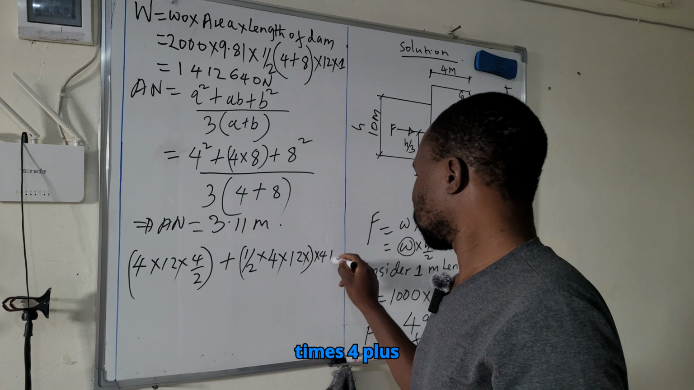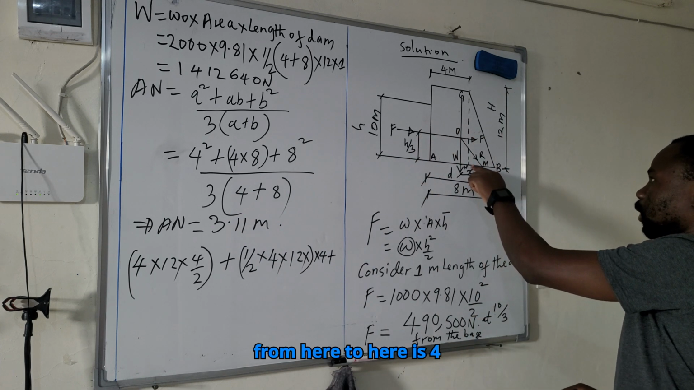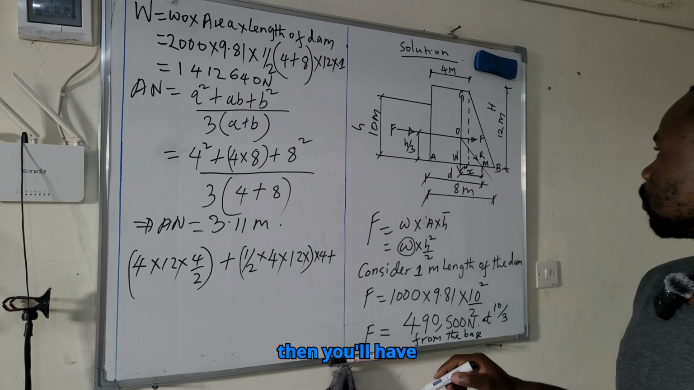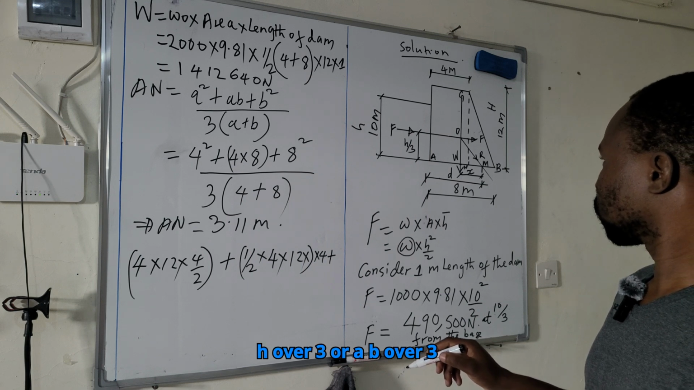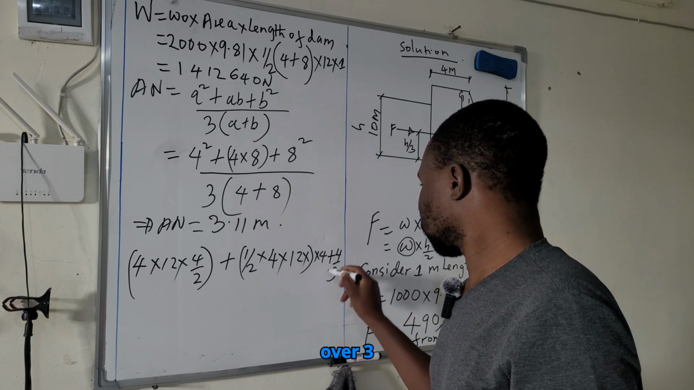times 4 plus, from here to here is 4. Then you'll have h over 3 or b over 3, which is 4 over 3